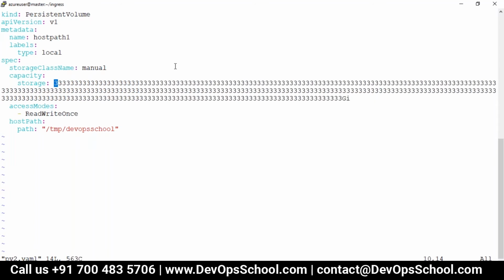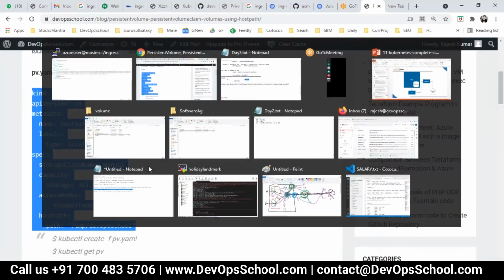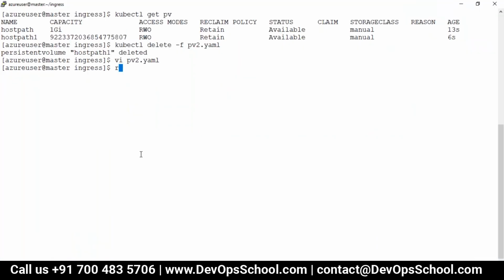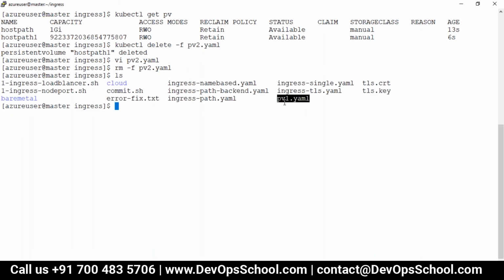I'm deleting, but the lines are so many I can't do anything. I don't know how it got introduced. So what I'll do, just delete this and copy it from PV1 and rename.